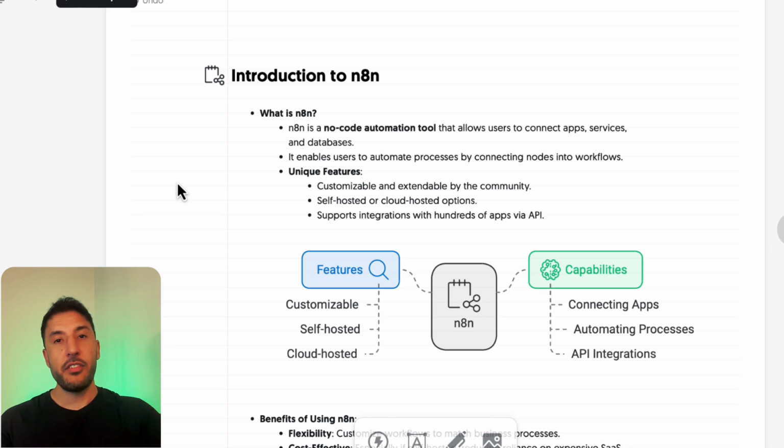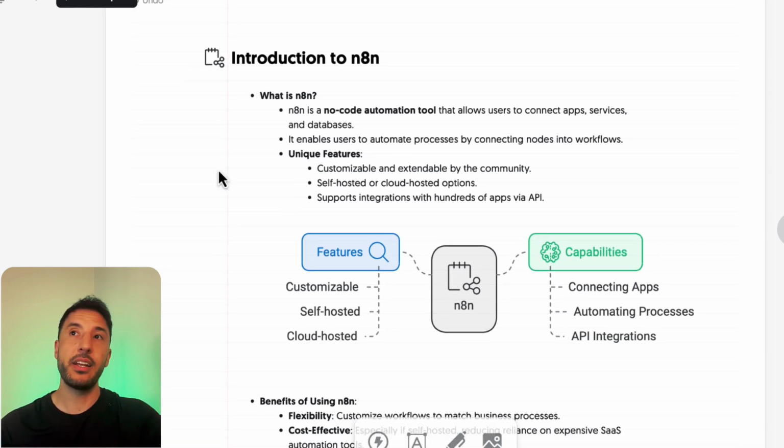So that's where we come to n8n. n8n is an extremely powerful tool. It is a no-code automation tool, but there are obviously a lot of customization options. So if you are good at coding, or if you already know coding, you can even build more complex tools, right? But the barrier to entry to building these automation tools has completely been removed because tools like n8n are in the market.